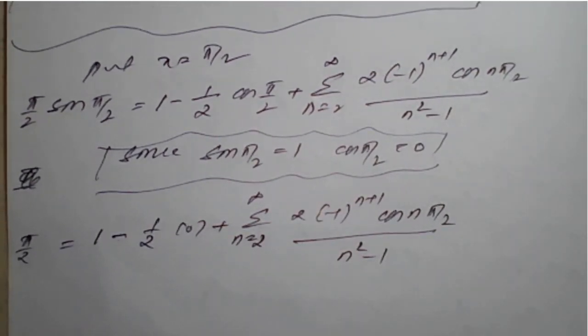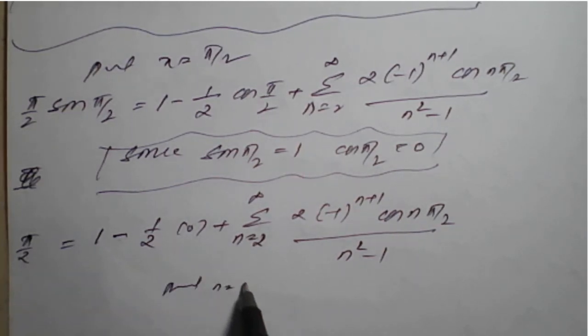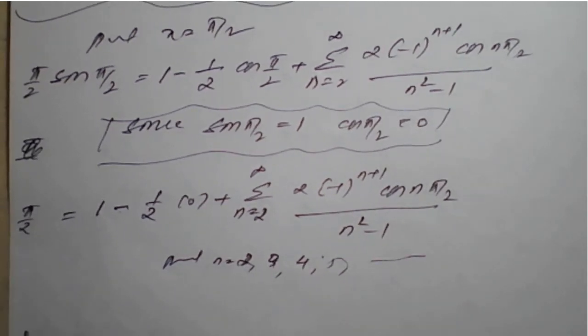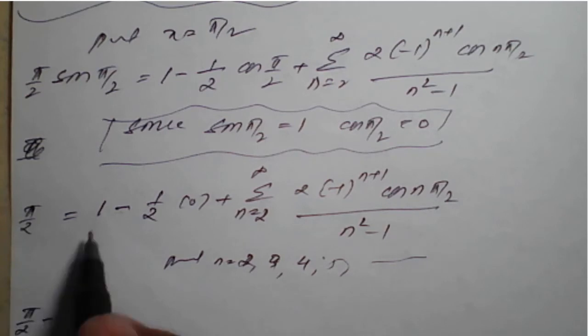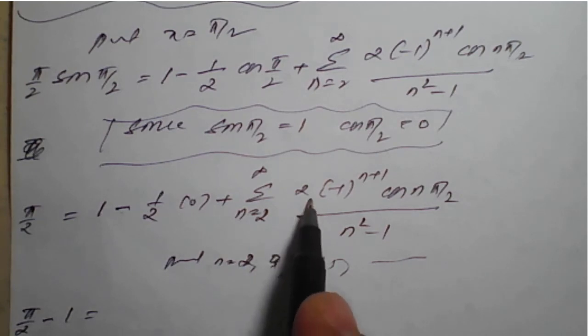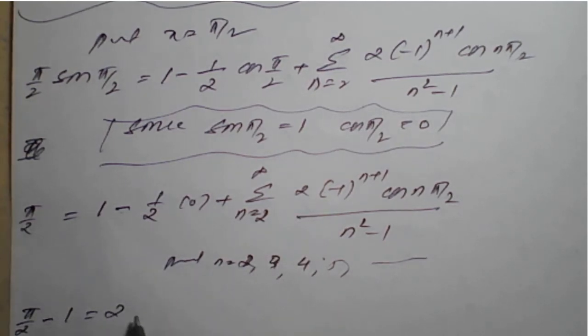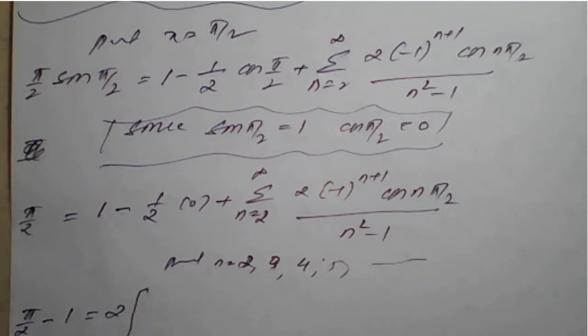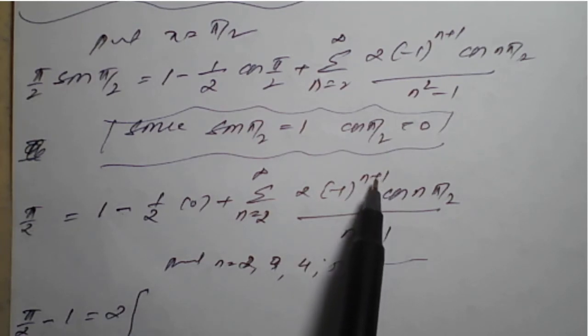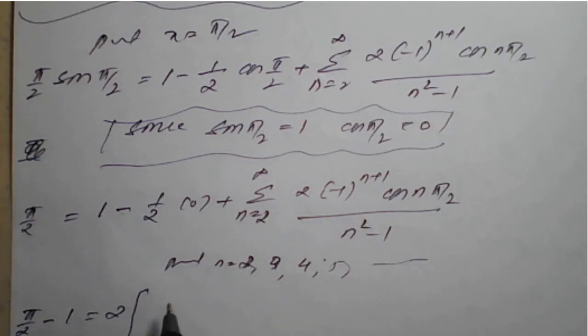So now we take the 1 to the left hand side and put n is equal to 2 onwards, 2, 3, 4, 5 and so on. You take this 1 to the left hand side, the plus 1 will become minus 1, and 1 by 2 into 0 will vanish. So we take this 2 common in a bracket. If you put n is equal to 2, 2 plus 1 is 3, minus 1 raised to 3 is an odd number, so it will be minus